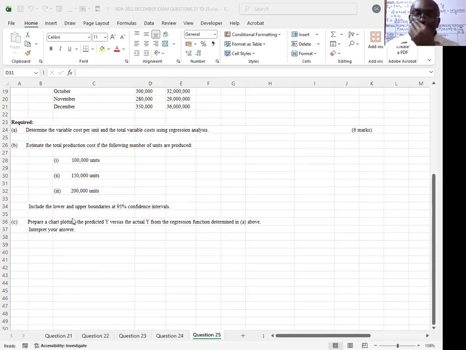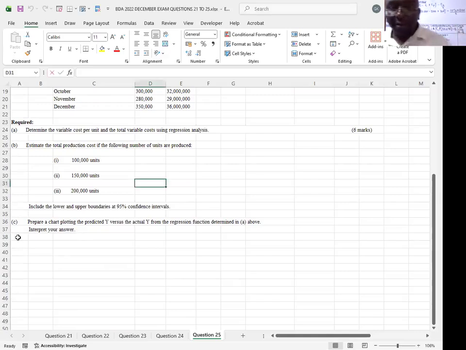Include the lower and the upper boundaries. Prepare a chart plotting the Y, the predicted Y values, and the actual Y from the regression function determined in A above. So we can come here and do the